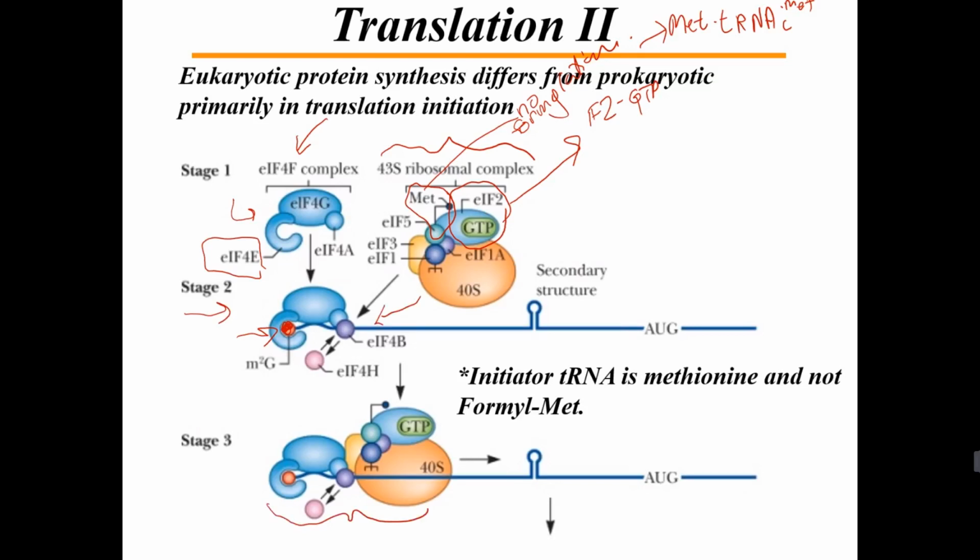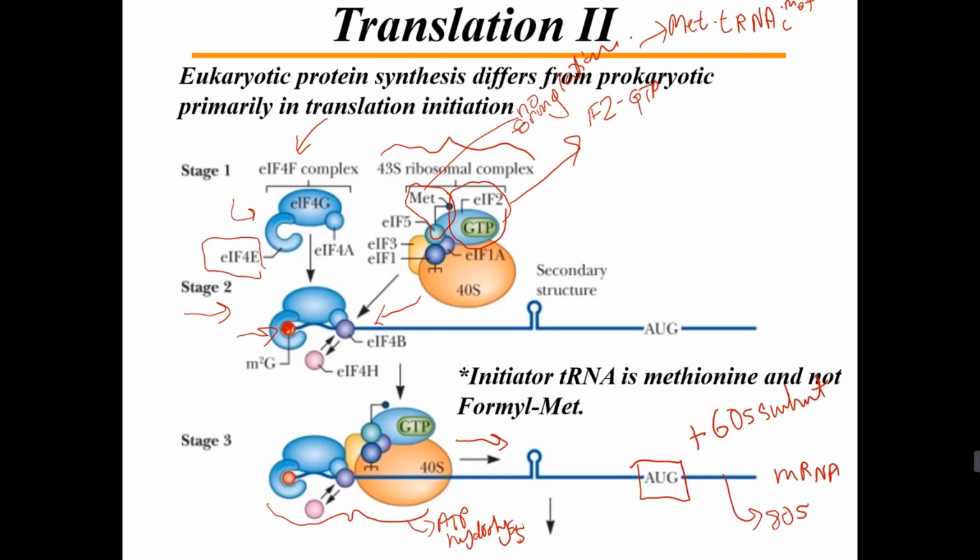This complex is driven by ATP hydrolysis, which will scan the mRNA until it reaches the first AUG it encounters. Once it does, we have addition of the 60S subunit, the large subunit, to form the 80S